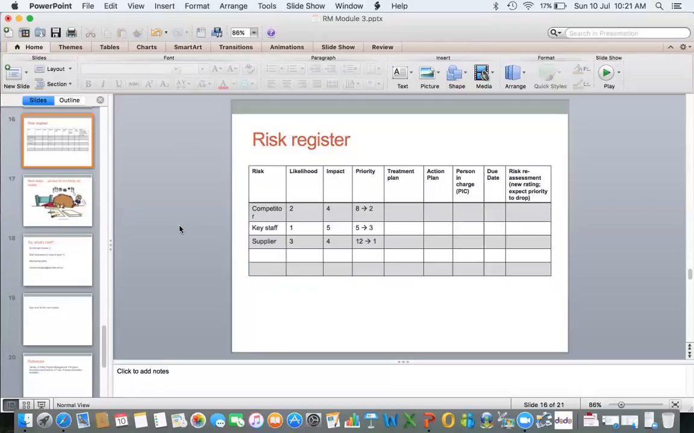Now we are going to discuss the rest in the next module, which is basically about the treatment plan, action plan, and the rest of your risk register table. Right now, just taking this opportunity to briefly look at